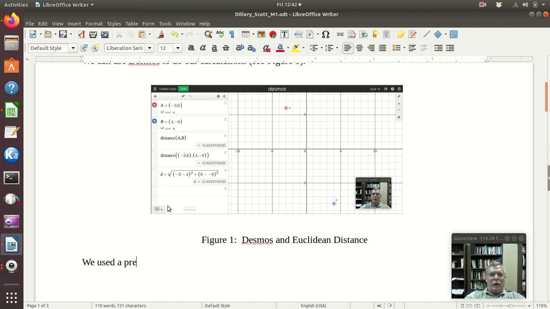So okay, we used a prepared map and scaled graph in Desmos to calculate our distances for the 10 locations.